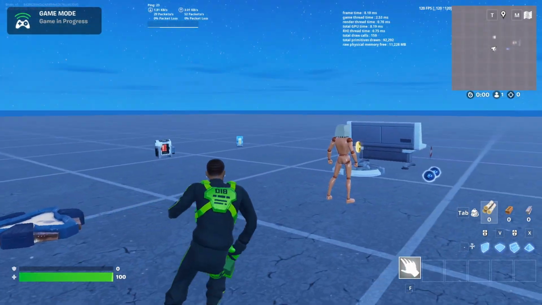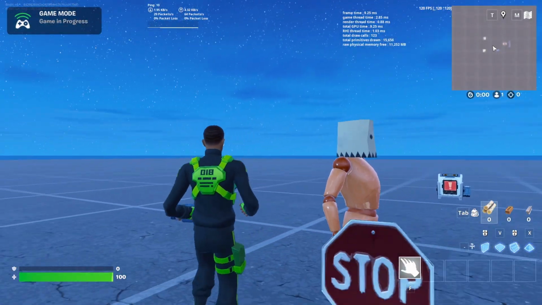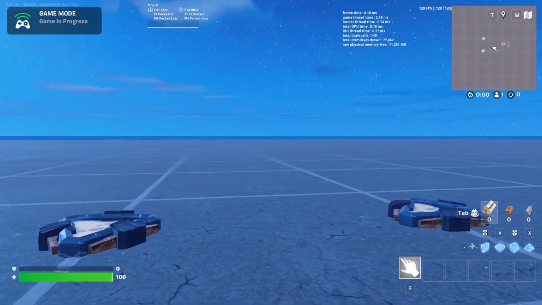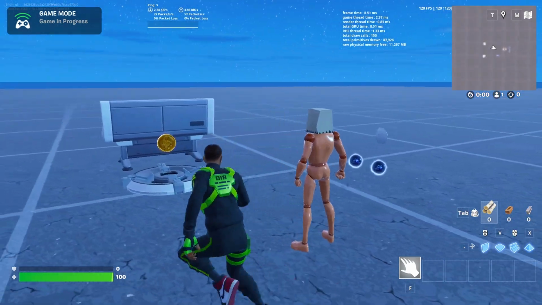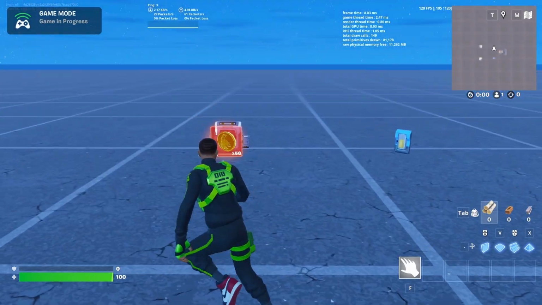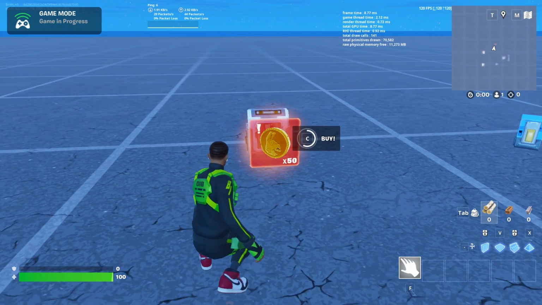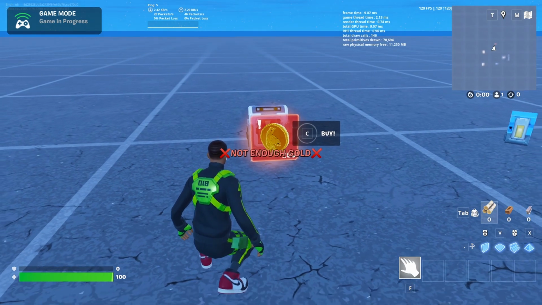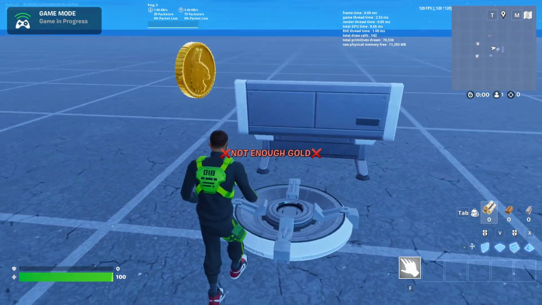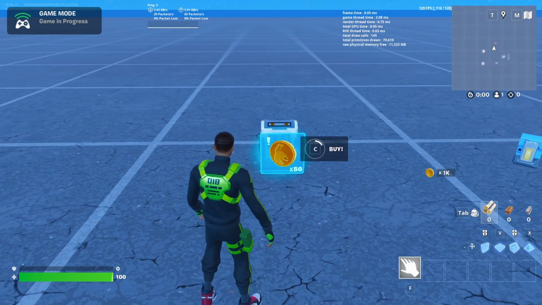Hello guys, in this video I will show you how to create custom hats. As you see, the Man 19 have one, so we probably should have one too. Here we have a conditional button with 50 gold. I click buy, I don't have 50 gold, and boom, not enough gold. But when I pick up the 1000 gold, as you see, 1000 gold, and buy,